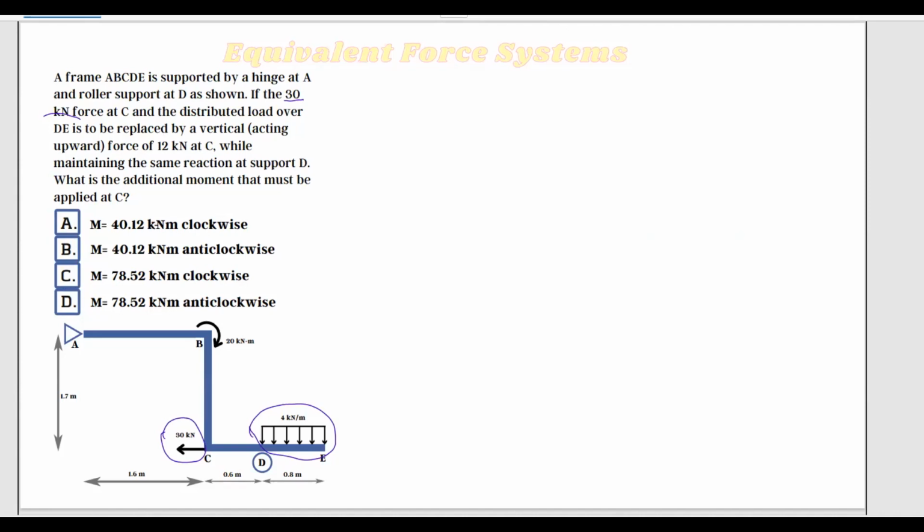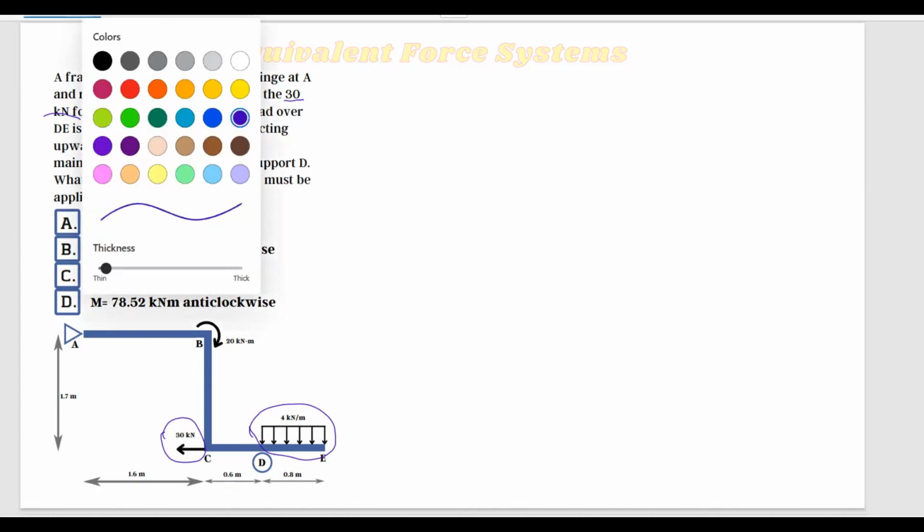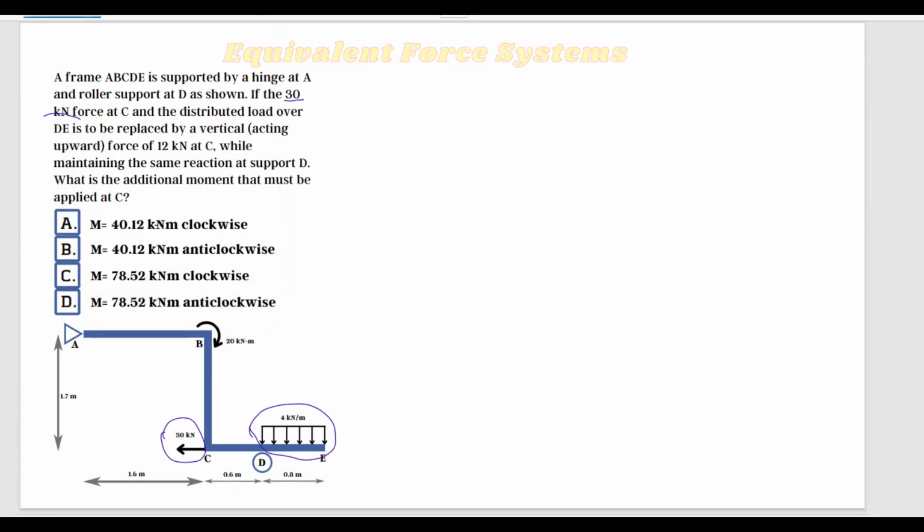So we're going to remove these two forces, and I'm going to replace them with a vertical force at C acting upwards of 12 kilonewtons, while maintaining the same reaction. So nothing else changes. We're just going to remove these two and then add the 12 kilonewton force. And the question is, what additional moment do we have to add at this point C